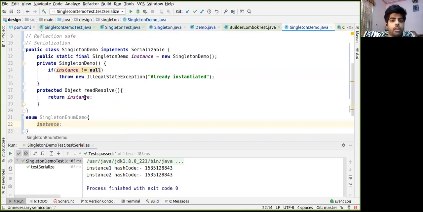This particular mechanism of instantiating the instance at the time of class loading is generally called eager initialization, because the initialization happens not as per the use but before the use. This can be necessary in some scenarios where we need to use this instance to instantiate some other class.